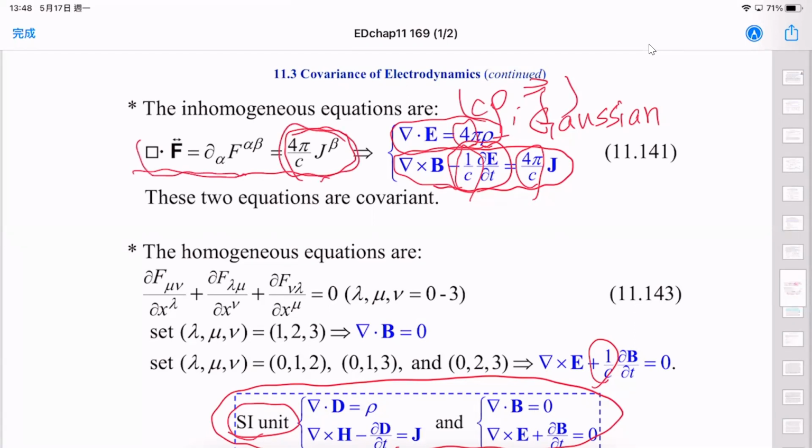And on the left-hand side, we have a divergence of F. It's a 4 by 4. So this one operates on,